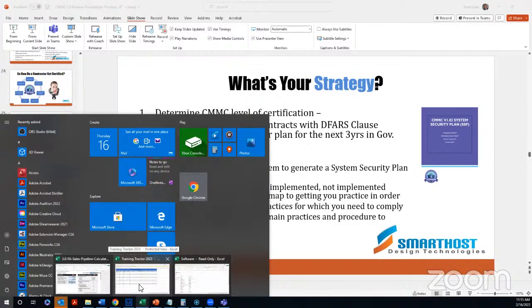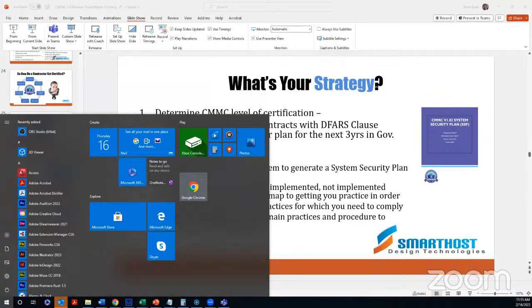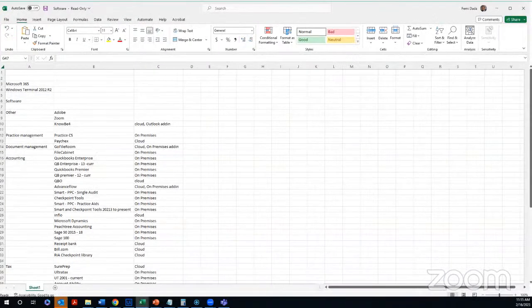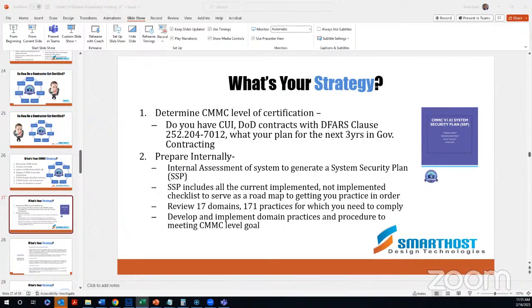There is a technical language that you will need to know in order to document the implementation of controls. And this has to be done very well so that when it comes to assessment, whatever the government is looking for, whatever DoD is looking for, it's properly documented. You don't want to implement controls using whatever tools you can find, but at the end of the day, if you don't have the ability to communicate that to the feds, then you're still not compliant.